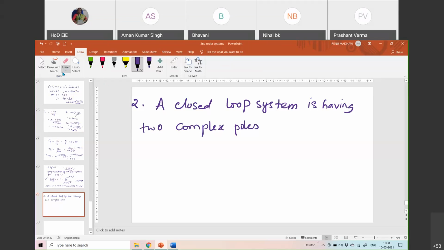Next, complex conjugate poles, not complex poles. So S1 is minus 2 plus j1. S2 is minus 2 minus j1. Okay. Determine